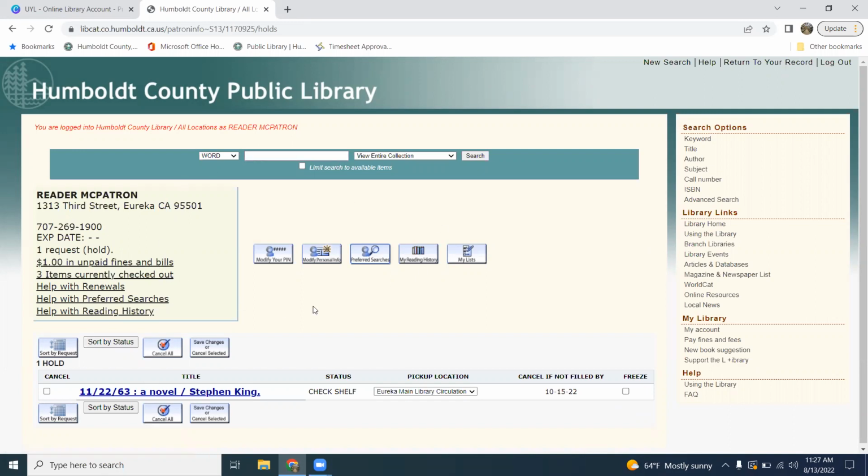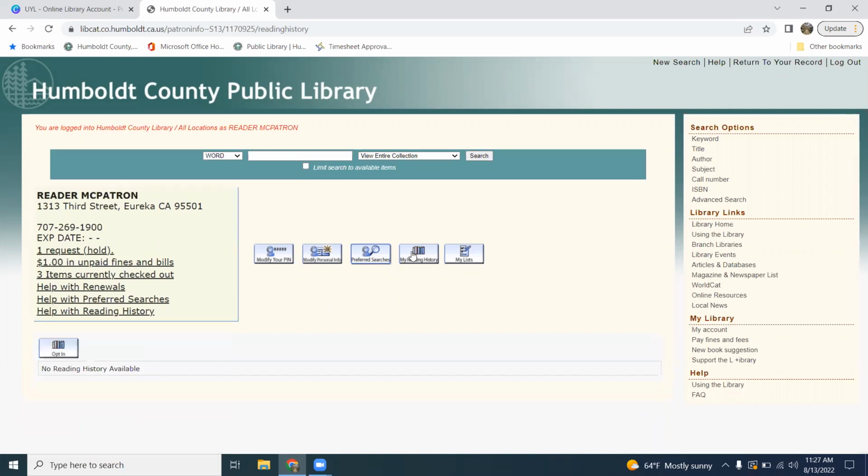Another option that we have here is my reading history. A lot of people sometimes want to get a list of all the books that they've read, either for their own records or just to see what titles they've already read so they don't check them out again. We at the public library do not keep records of people's checkout history. The only records we keep are what are currently checked out, but once you return it, it's completely taken off of your account. So what you can do is, on your online account, if you go to my reading history,